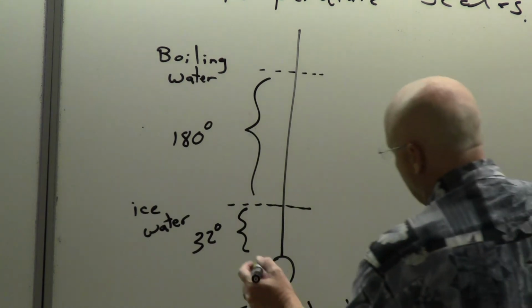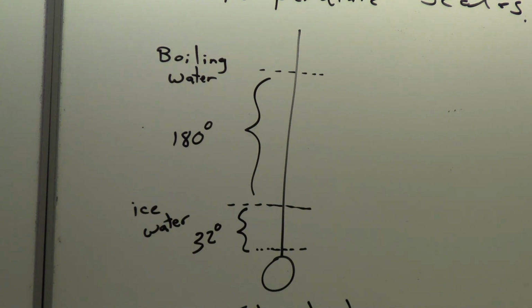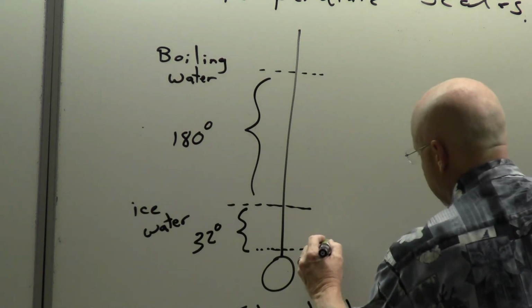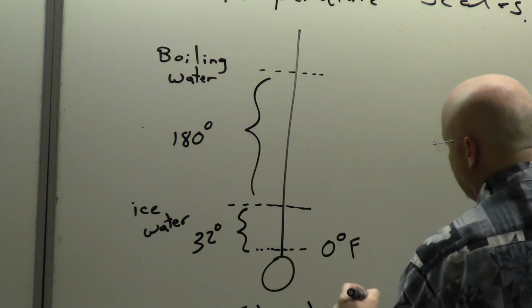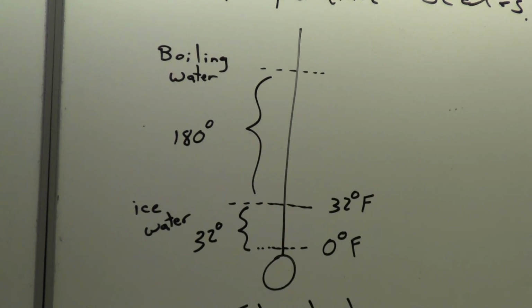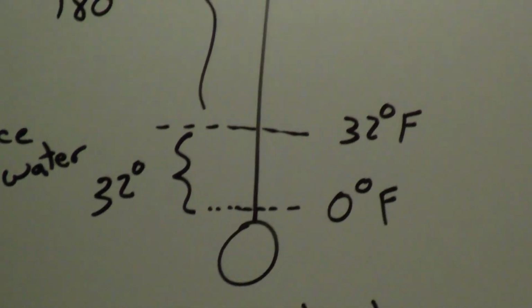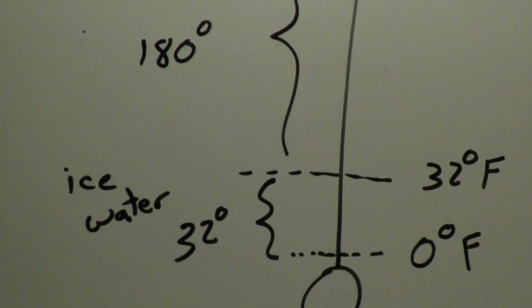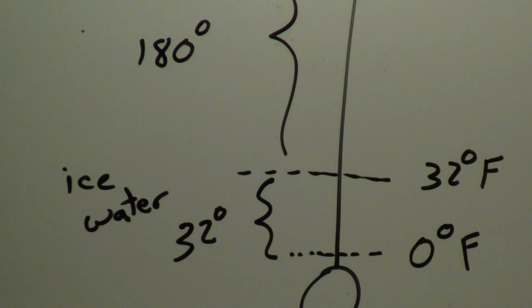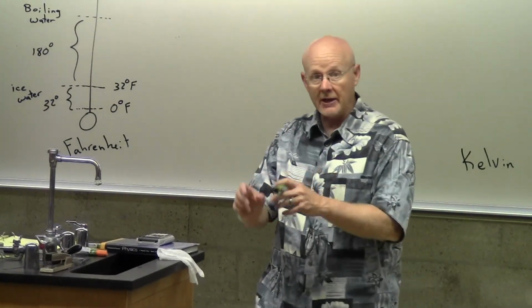Now, maybe this is the part that he really shouldn't have done. He said, let's avoid negative, so let's call the lowest angle, which is this salt and ice water, let's call that 0. So he calls that 0 degrees Fahrenheit. And so that would make ice water then 32 degrees. Again, he's looking at a dial. He's not talking about a temperature, although that's what it's become. He's saying the dial would move an angle of 32 degrees if you warmed it up from salt and ice water to just ice water.